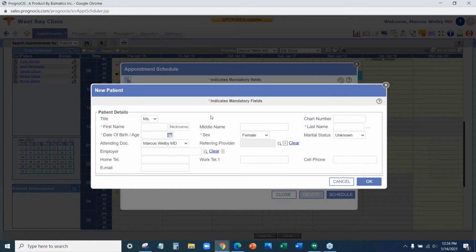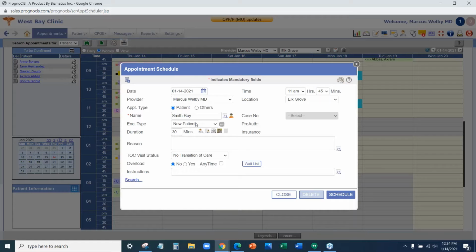The quick register screen gives you the ability to only put in a few details about a patient so that you're able to then quickly get them on the schedule and get them that link to their telemedicine visit. So you put in the first, last name, date of birth, the gender, and then you also need to fill in their email address and their cell phone number. Once you've completed that information, it takes you back to the appointment schedule screen, and you can then choose the